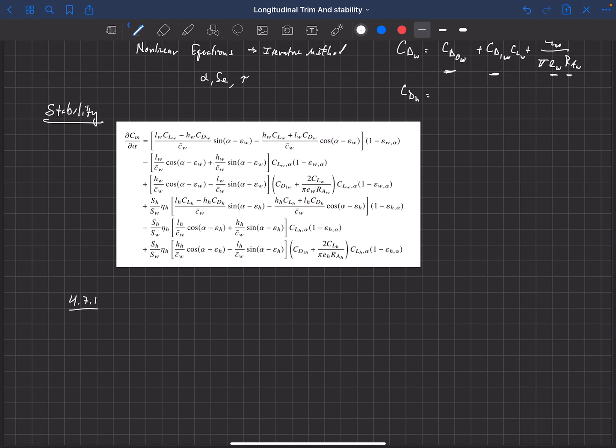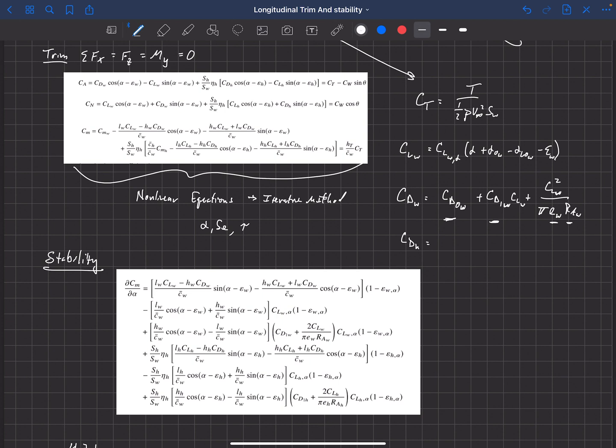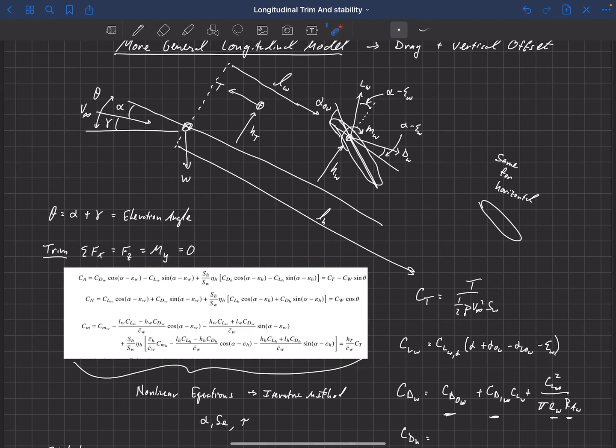where he looks at the solution to these general equations. I should point out 2 things really quickly. This general model includes not only these vertical offsets, so we're including these H sub H and H sub W terms, these vertical offsets, and also the vertical offset to the thrust. But we've also retained the nonlinearity due to these trigonometric relations. So we haven't applied the small angle approximations.